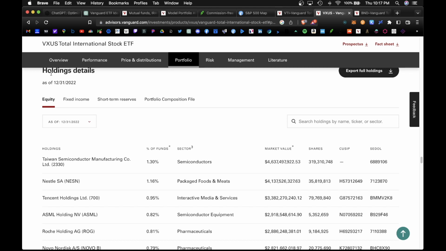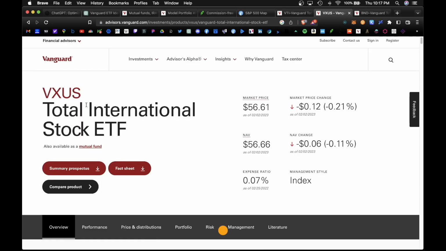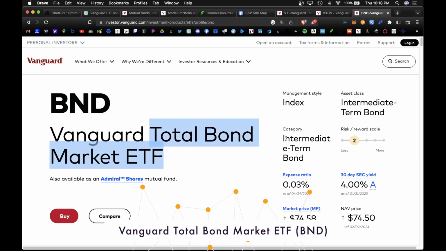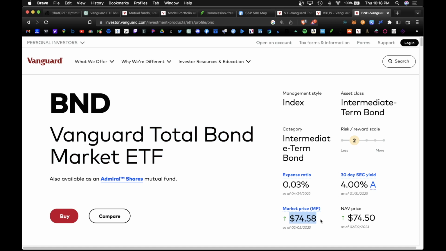So here's a breakdown of some of the holding details. Taiwan Semiconductor, that's 1.3% of its funds. Nestle, 1.16, Tencent, ASML, Roche Holding, the list goes on. So that's VXUS. And now BND, the total bond market ETF with a current market price of $74.58 and an